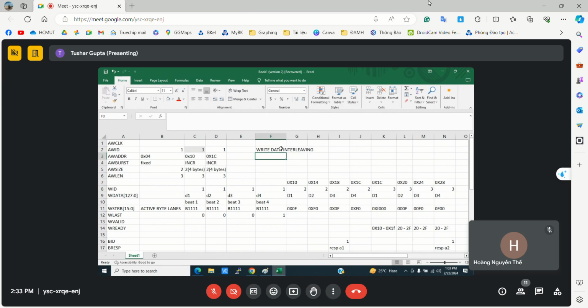Why do we have data interleaving on the write only? Can we have it on the read side? Read data channel. If we read, it is just one line, so we will get it in order. Every time it has to calculate the address. It has to generate the